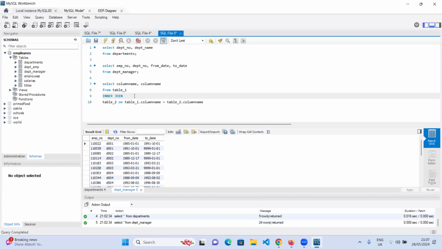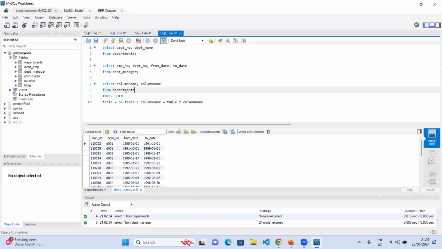Okay, so with this now, I want us to build this thing out. Let us start with the table. So the first table, which table should we use as the first table? Department. Okay, departments. Anyone can go first, it doesn't really matter, guys. In inner join, it doesn't matter because